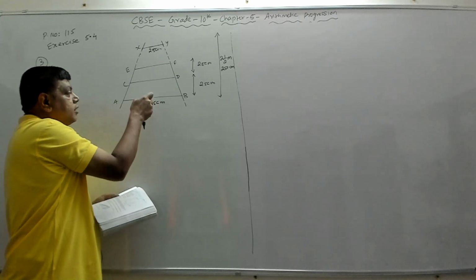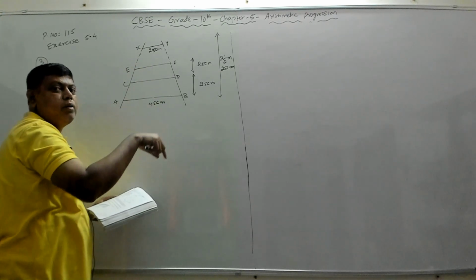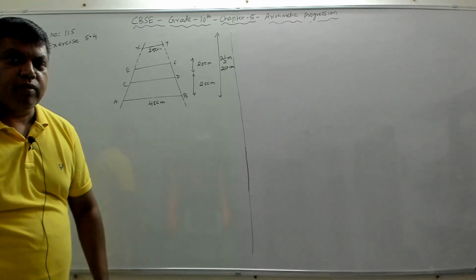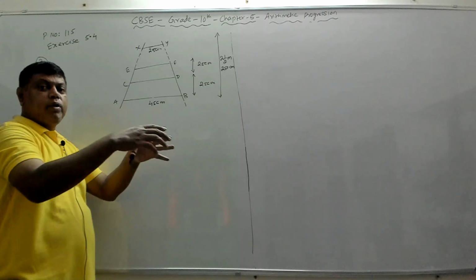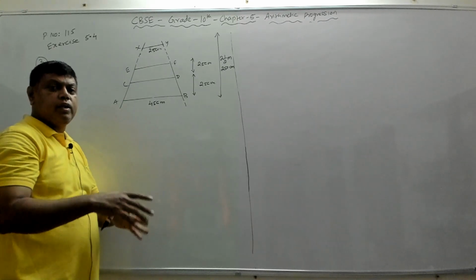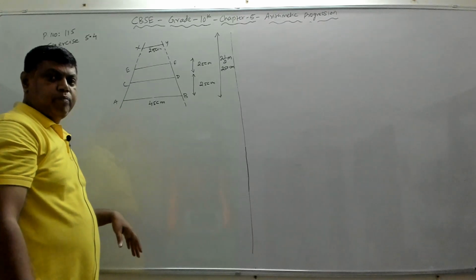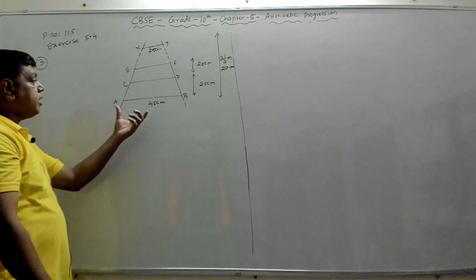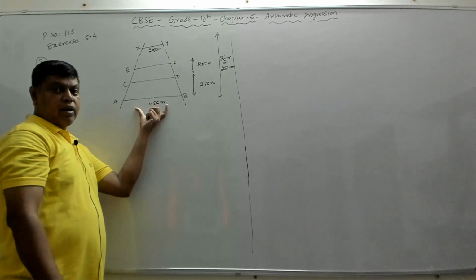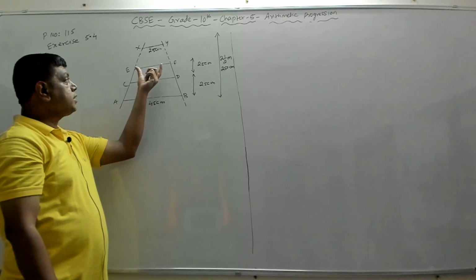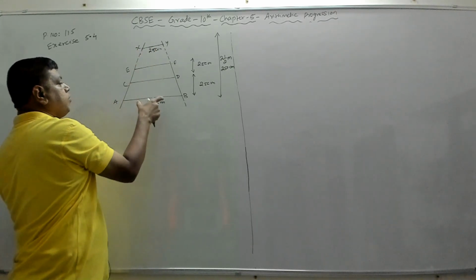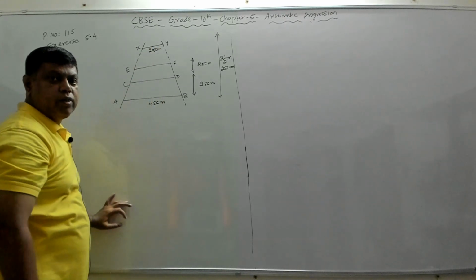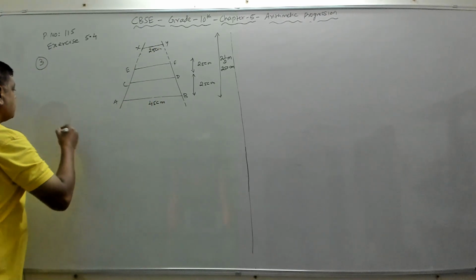Which means the lengths of the rungs form an AP. The different lengths of the rungs uniformly decrease. So anything that uniformly decreases or uniformly increases is an AP. Now we need to find the length of AB, this rung, plus the length of CD plus EF, like that, there are many in between. There are many rungs. You have to find the sum of the lengths of all the rungs. So the solution is,